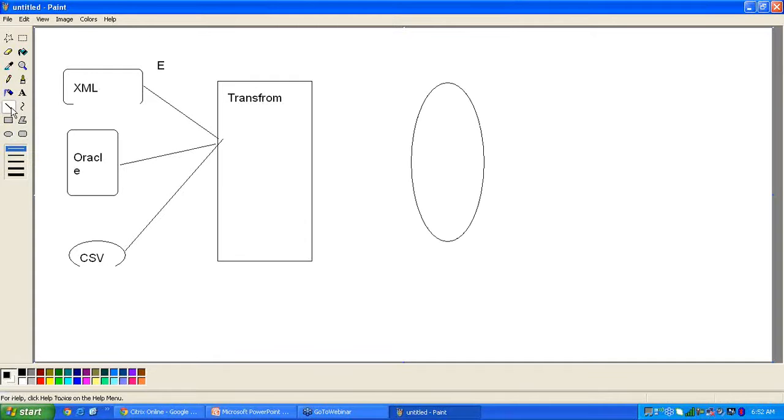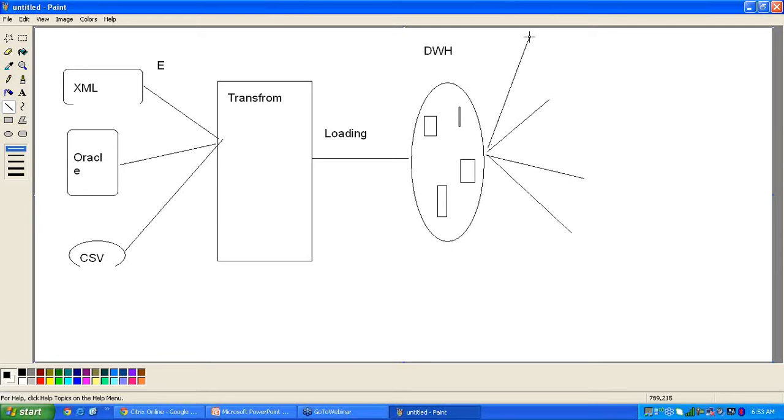So they maintain a single database to load into the warehouse. This is what you can call the centralized data warehouse database, the DWH, the data warehousing system. So extraction, transformation, and loading, the ETL process happened. Once the ETL is done and the data is loaded into the data warehousing database, from here we are going to start our work. From here we develop the reports from the centralized DB or centralized data warehousing system.